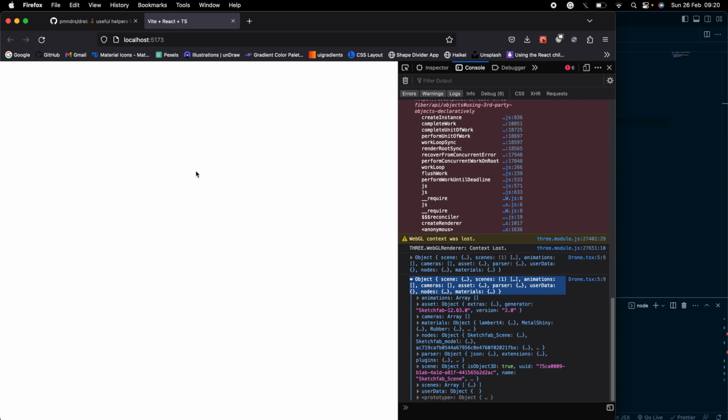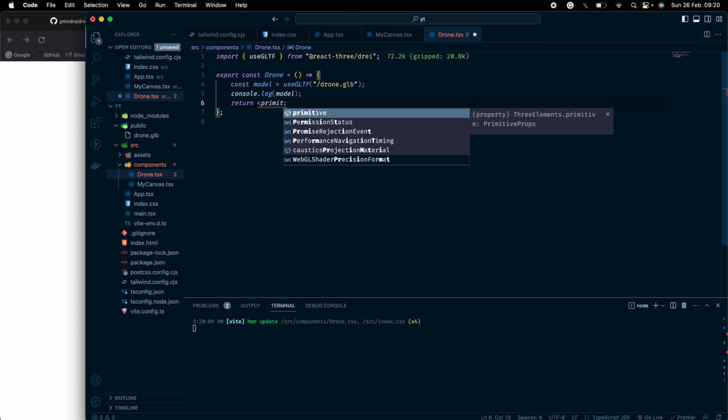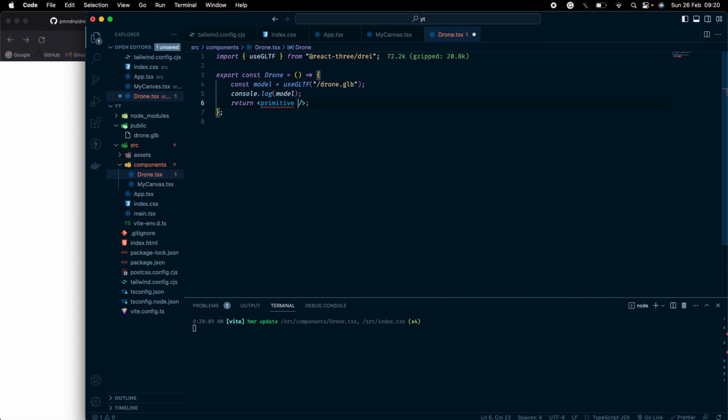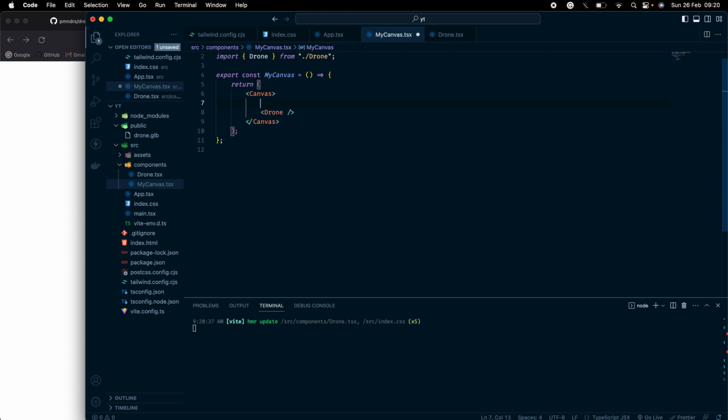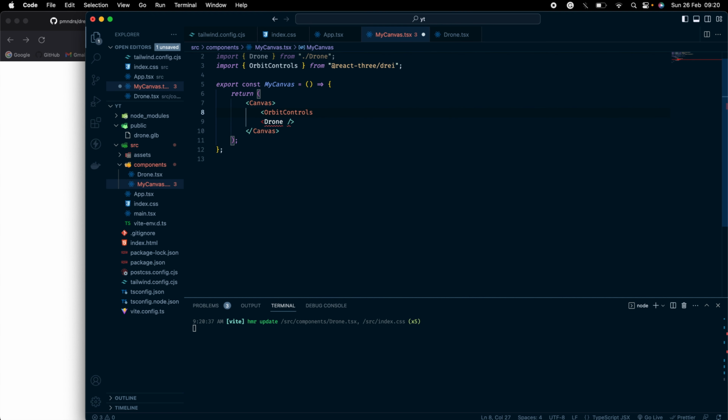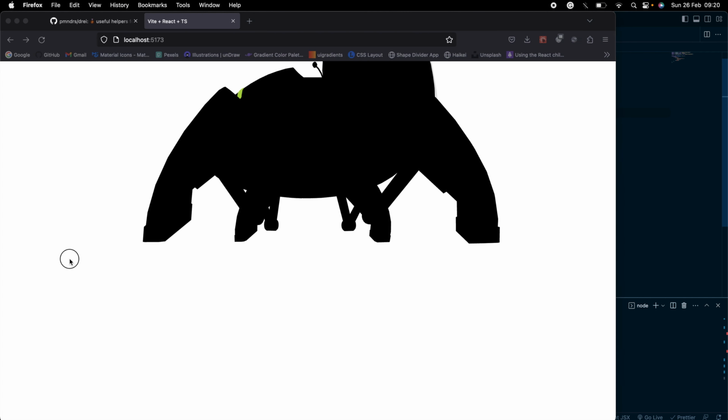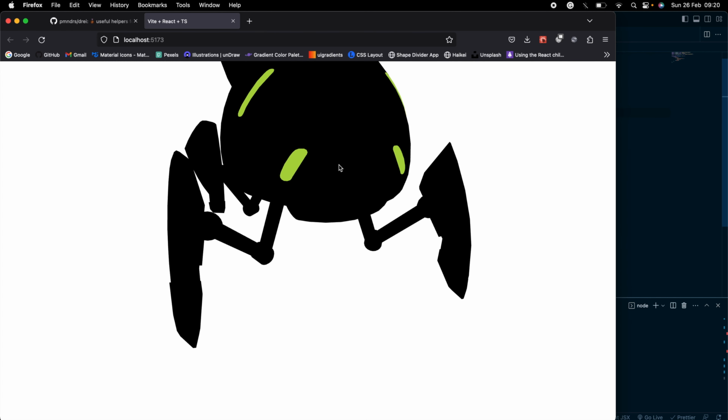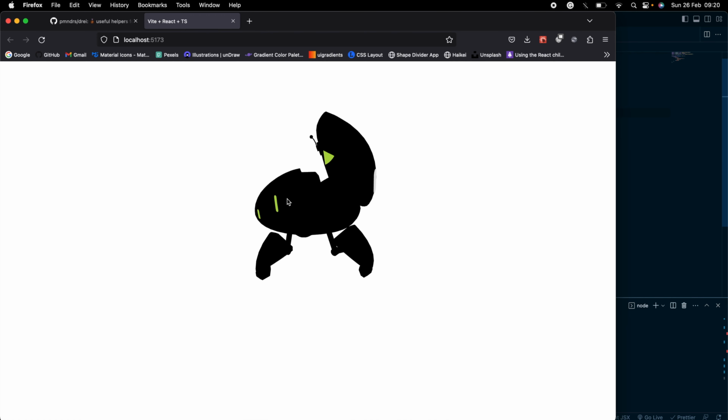So now to bring the model into our canvas, the easy way would be to use something called a primitive, and inside here object equals model dot scene. Save that and I have it here. It's black and white for now, because I'll just bring in the orbit controls. This will allow us to move around. If I save that, I can move it, and right now it's black and white because